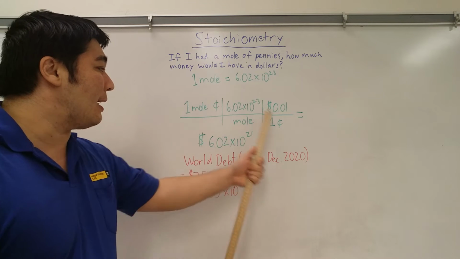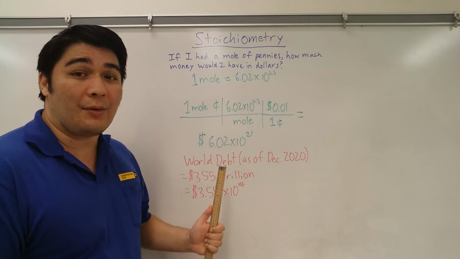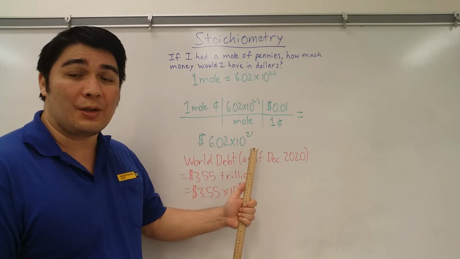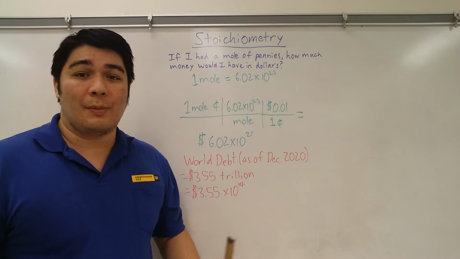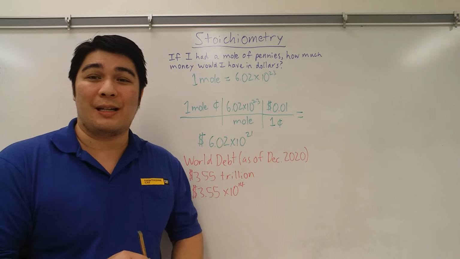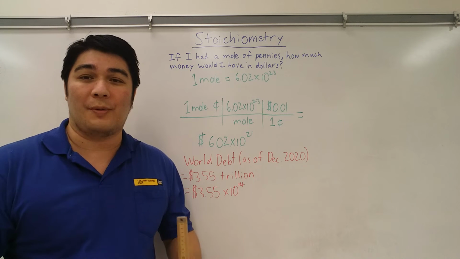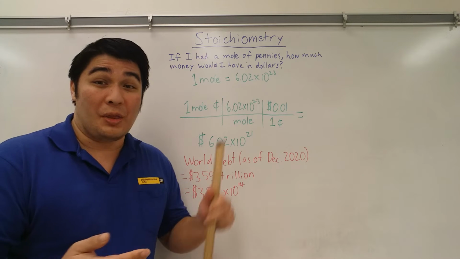So now that I've done that, I found that my answer is, if I had a mole of pennies, I would have 6.02 times 10 to the 21st dollars. And of course, that's in scientific notation, and some of you might say, okay, that's kind of hard to picture. So I thought I'd bring it a little more into focus how unbelievably large this amount of